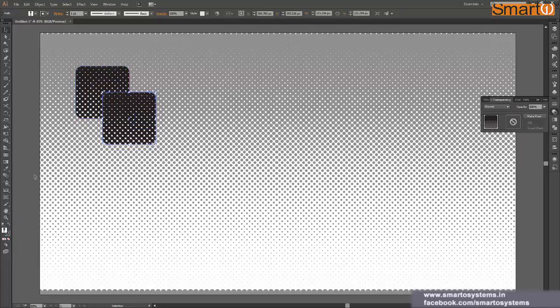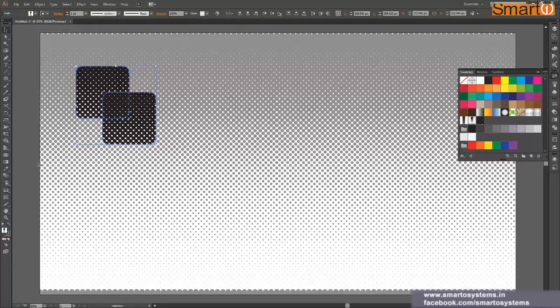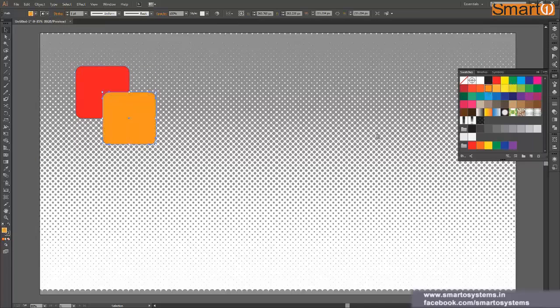Okay, so now let us take two rounded rectangles here and here, and you are seeing such a pattern because we still have pattern fill inside the objects. So let's go ahead and color them individually. Let's fill a red color inside this, and on the top one we can have orange color. Okay, so that looks good. Now for the shape builder tool, or I should move it to the center somewhere here.